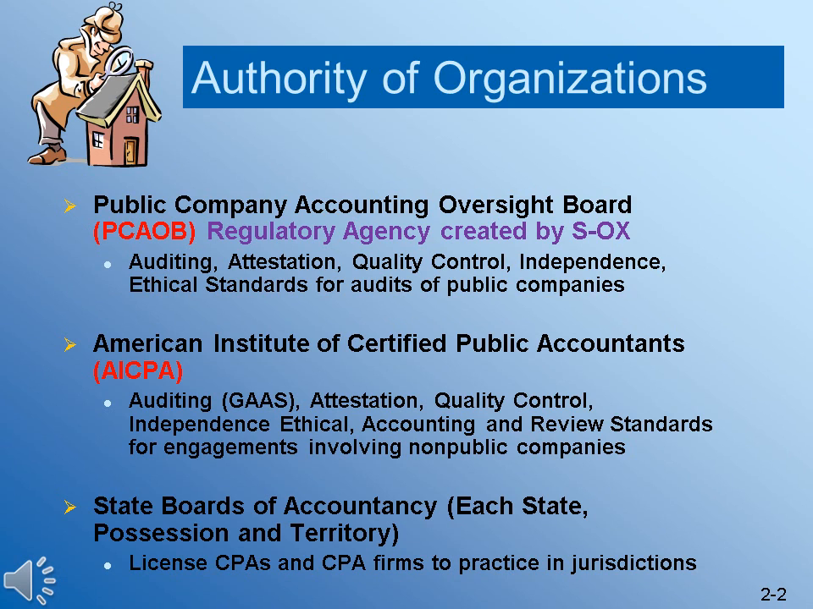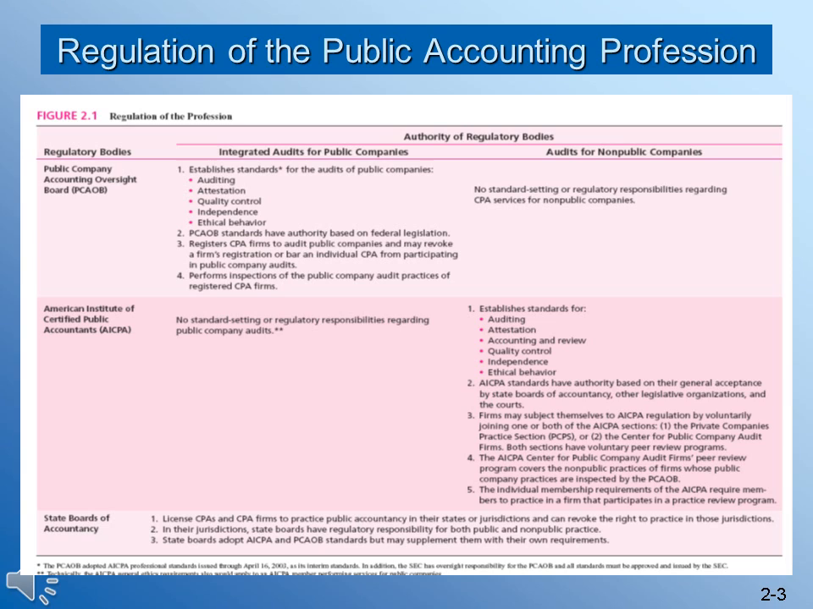To complicate matters further, the state boards of accountancy have the authority to regulate CPAs and CPA firms that practice within their state or jurisdiction. CPAs who practice public accounting must be licensed by the states in which they practice and offer services to the public. You will notice in the footnote to this Figure 2.1 that initially the PCAOB adopted the AICPA professional audit